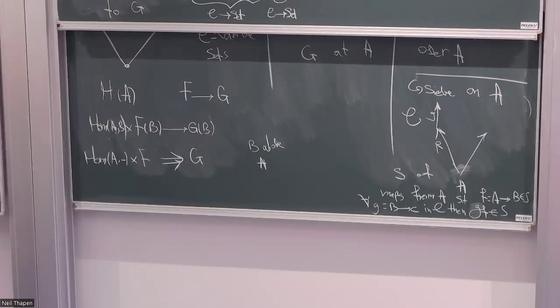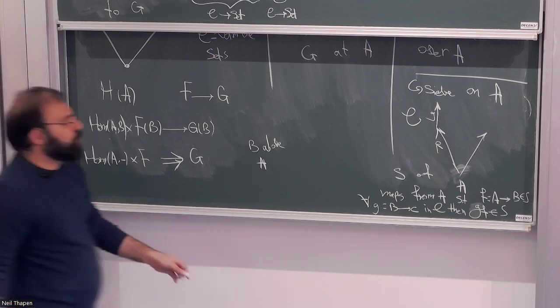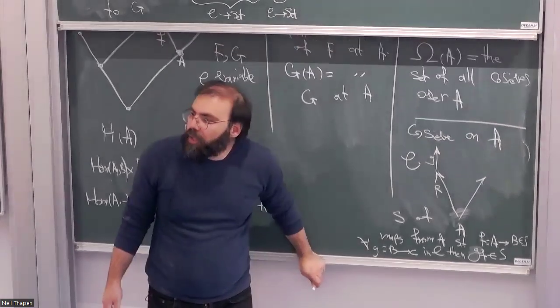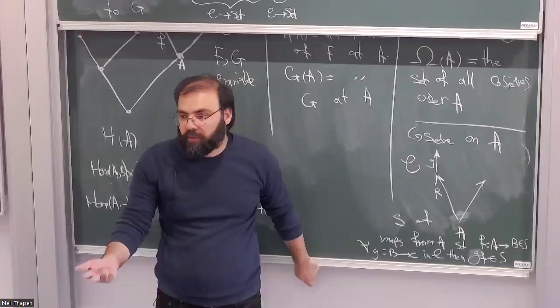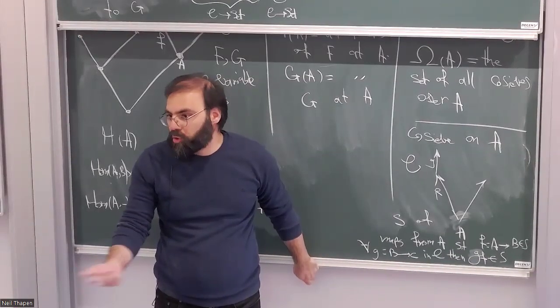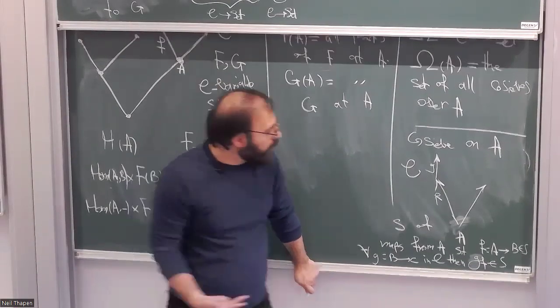So a co-sieve is a set of some maps from A to somewhere else, such that it is closed up. One is left, one is right. It is just a common generalization of an ideal, left ideal, and upset in posets, right? You see the upset thing, right? Okay, so